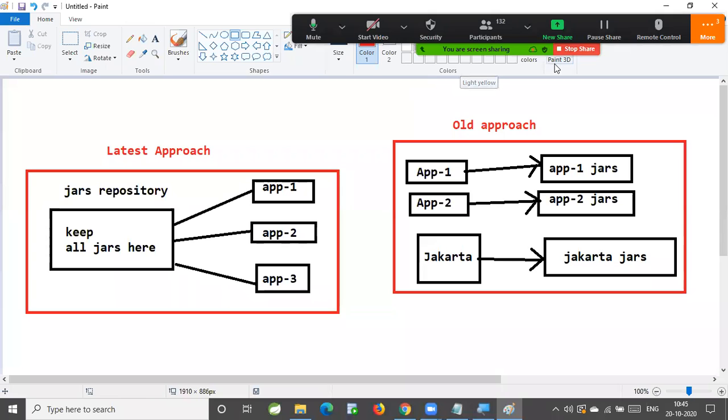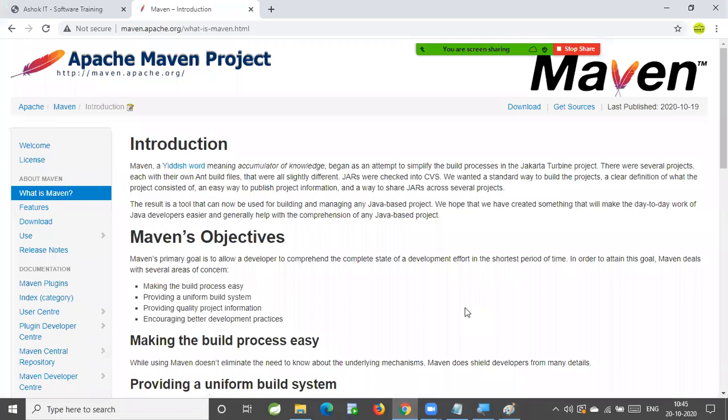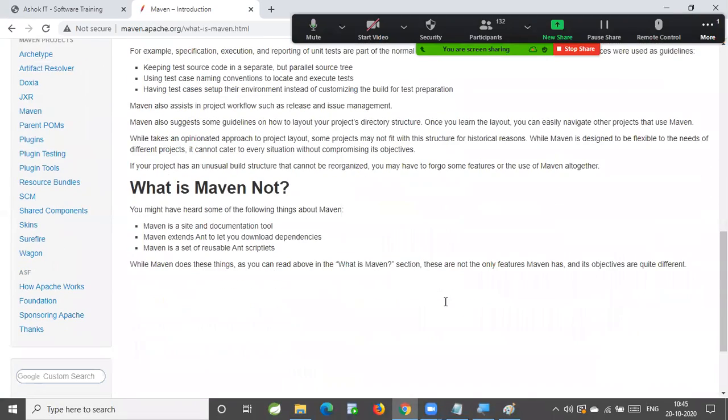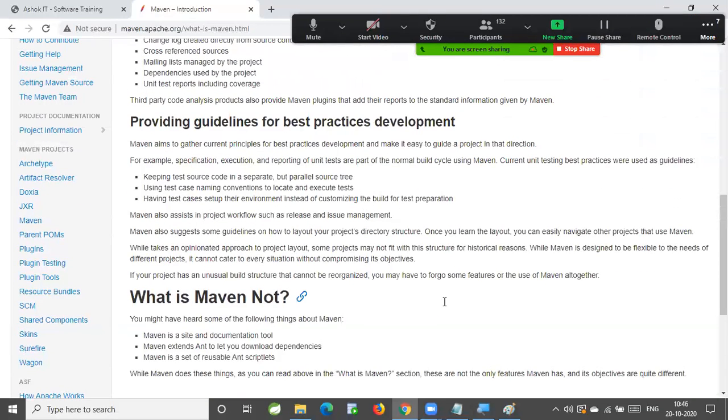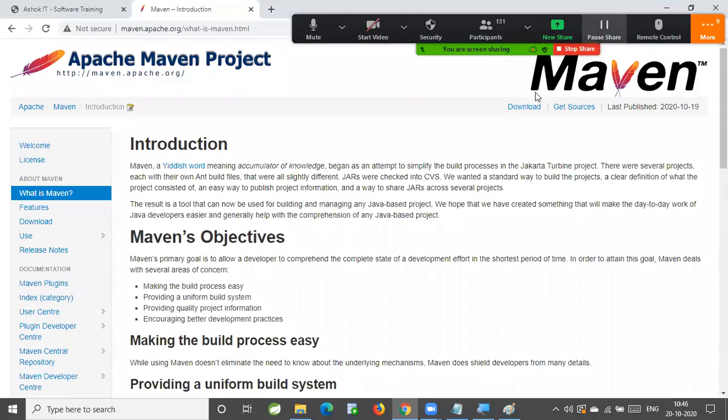All right. Did you understand what Maven is and how it came into the market?